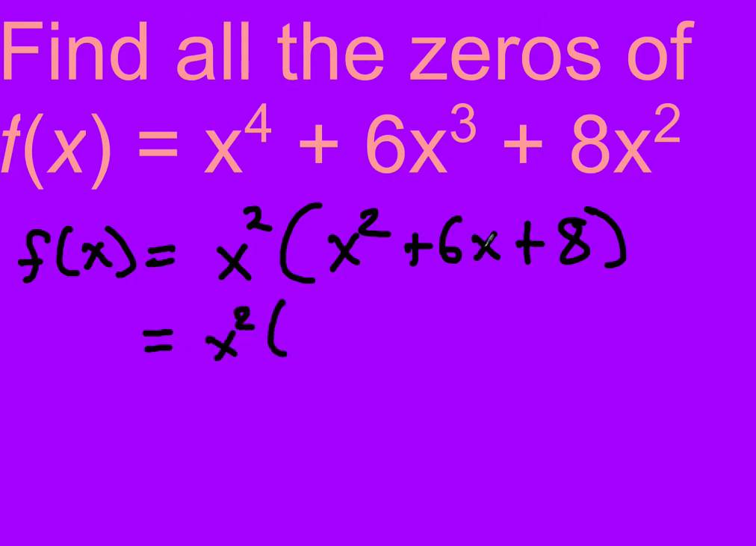Okay, now we can factor this. What multiplies together to give you 8 and adds together to give you 6? 4 times 2. +4 and +2. So this is factored form